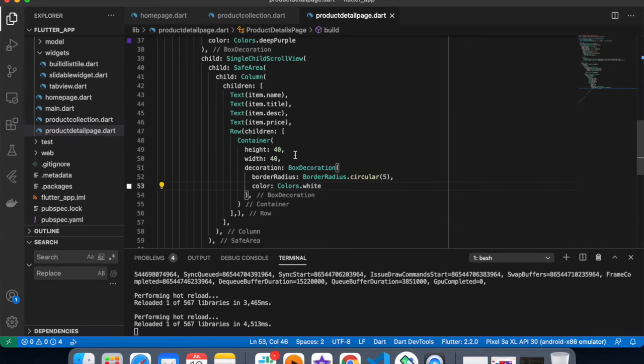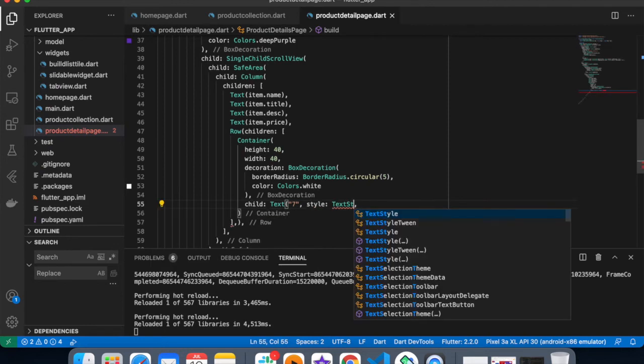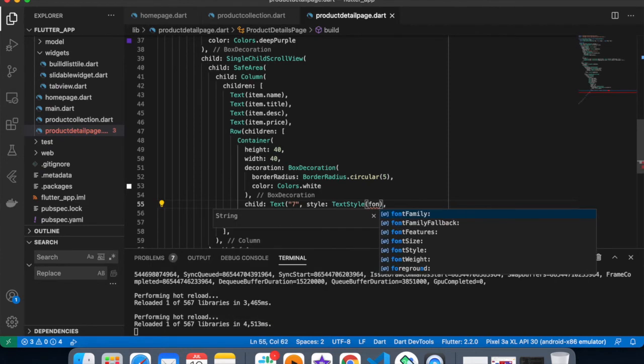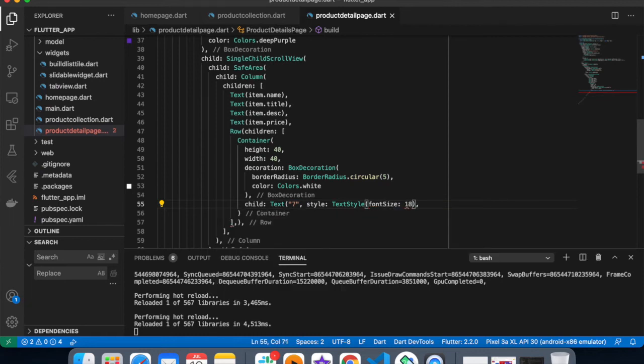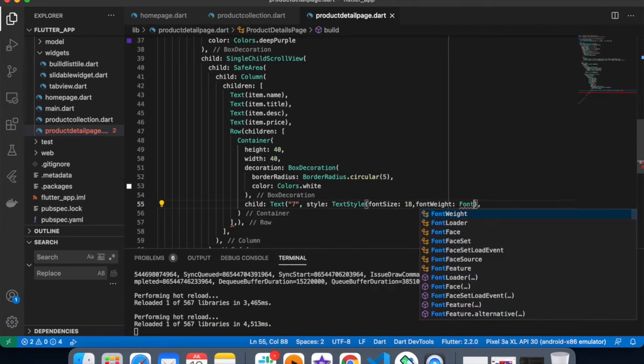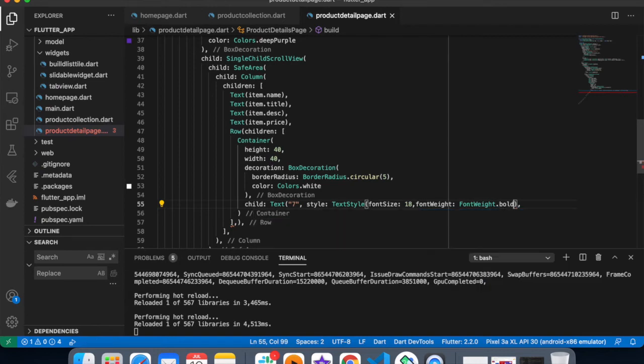Inside this I'm going to use child as a text, and this will be my numbers. So let's go into a style for this. TextStyle font size is almost 18, and font weight bold. Just copy paste this container.